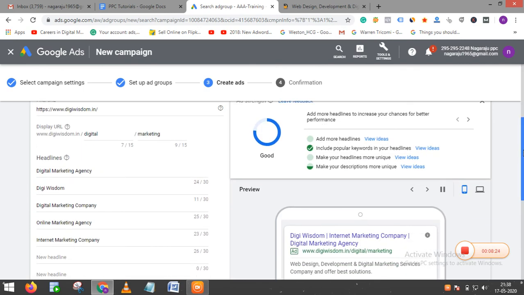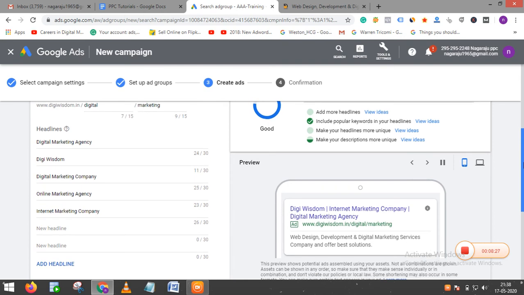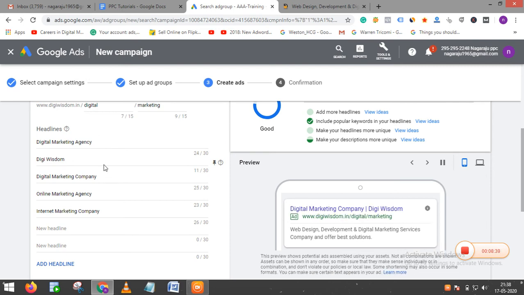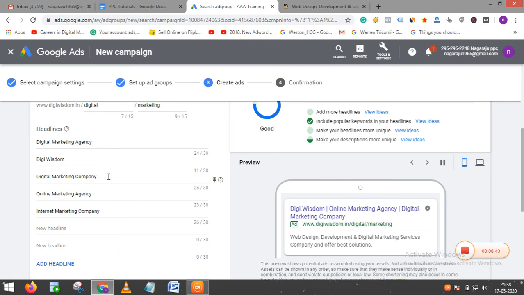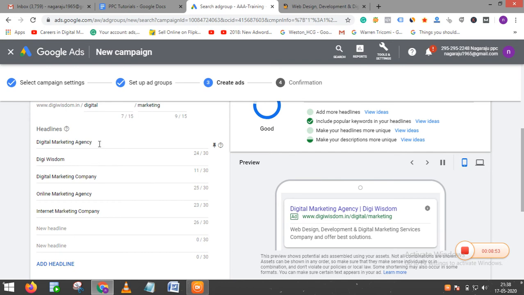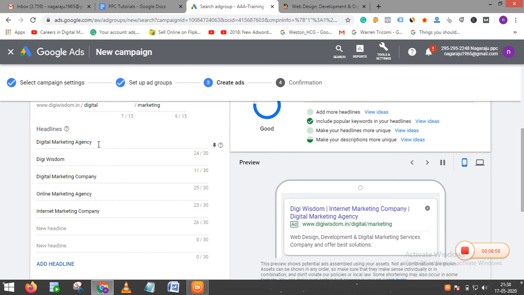Here one thing you have to observe: out of these 15 headlines, Google will show 3 of my headlines according to the user search query. For example, if you add more keywords in a single ad group, based on the user query, Google will show your headline 1, headline 2 and headline 3 randomly.